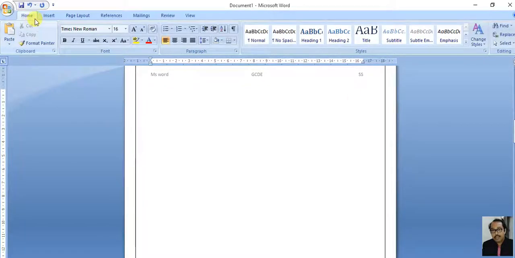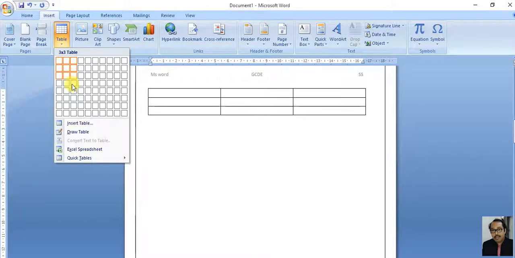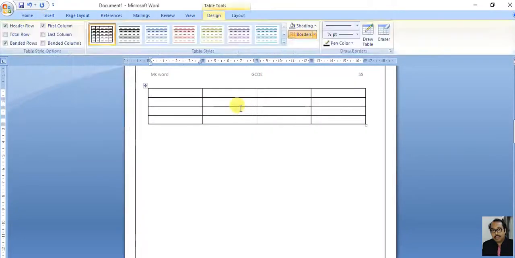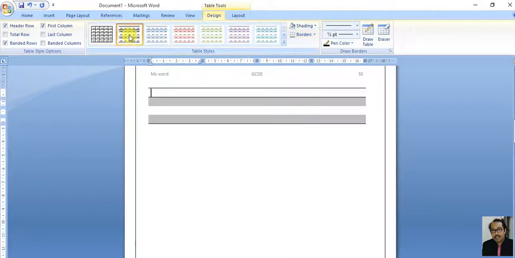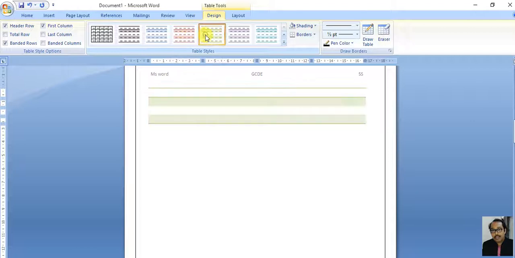Home, insert, you can create a table. So this has 4 columns and 4 rows, correct? Now multiple options are available. So select this table and different table styles are available.